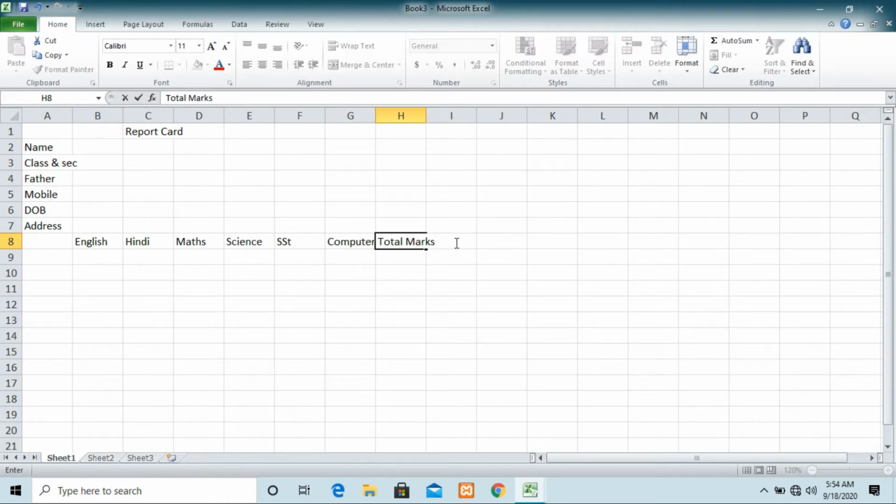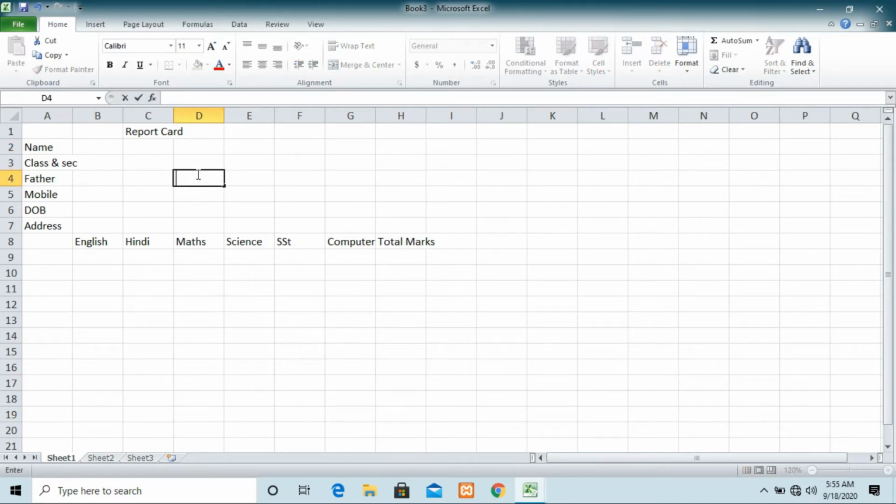With the help of your mouse or keyboard, you can easily move from one cell to another. Like here, if you want to go to any cell, you just click on that. By doing this, you can easily move your pointer from one place to another. If you want to write something in an empty box, you just click there and start writing.